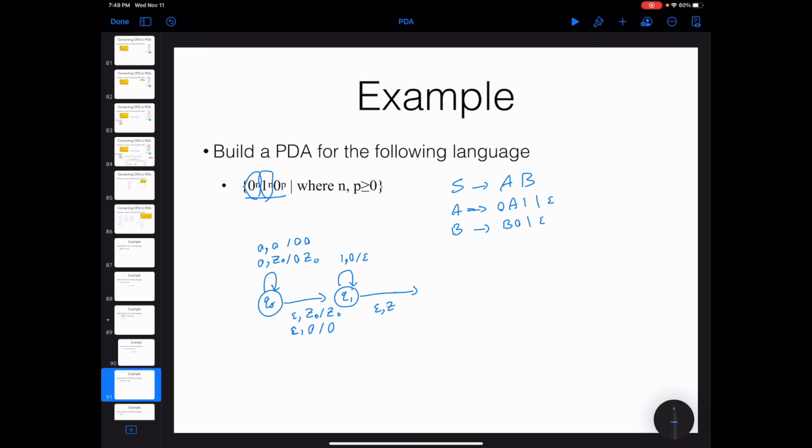If we have read all of the zeros and ones and they are all matched, you can move to this state Q3, which is an accepting state,